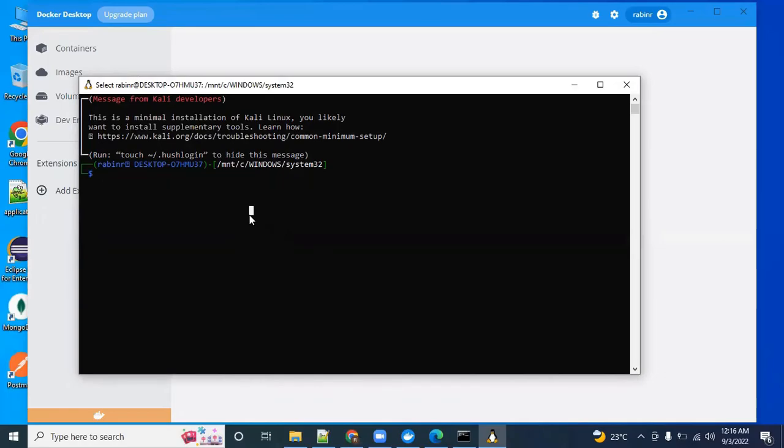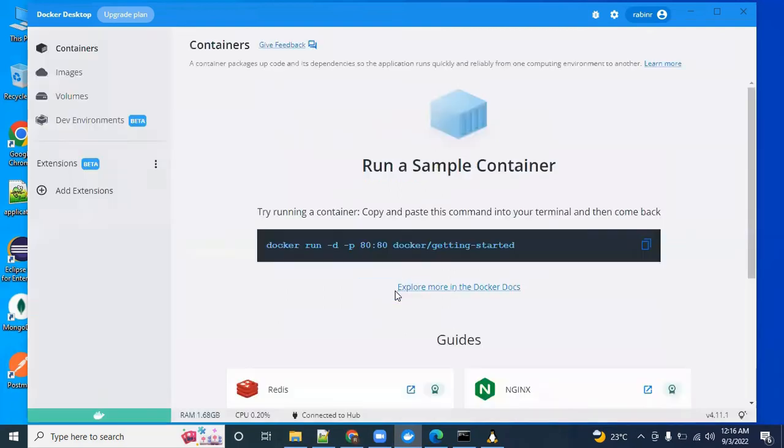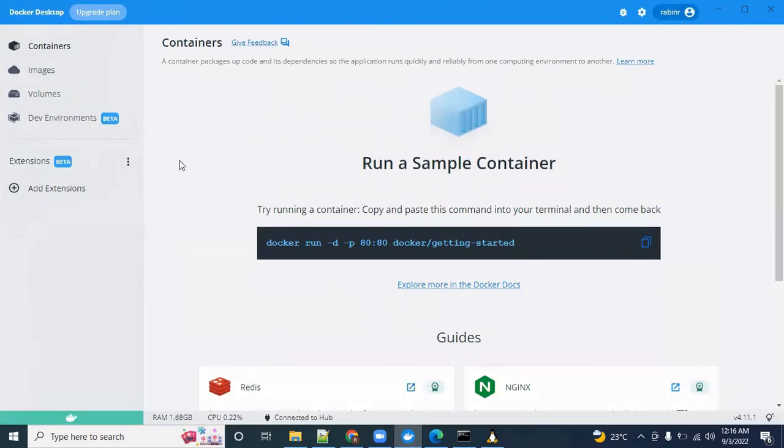If you check for Docker, so get started with the Docker in a few easy steps. You can skip the tutorial and then you are done. So you are inside your Docker desktop, Docker container, and what it is saying, try running this container or copy